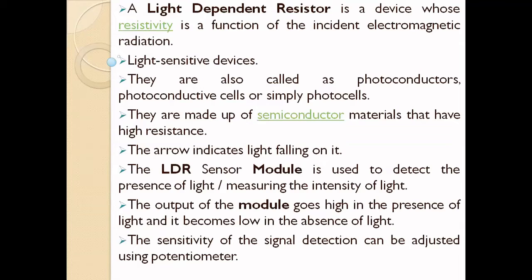Next, it is used to measure the intensity of the light. Suppose you take a house, a room, a hall. There will be 4 lamps or 10 lamps available. In the morning time, the intensity of the solar light is high, so all the lights will be off. Sometimes due to climate change there is no solar light, and automatically it will measure the intensity of the light. Based on the intensity of the light, the lamps will automatically turn on.